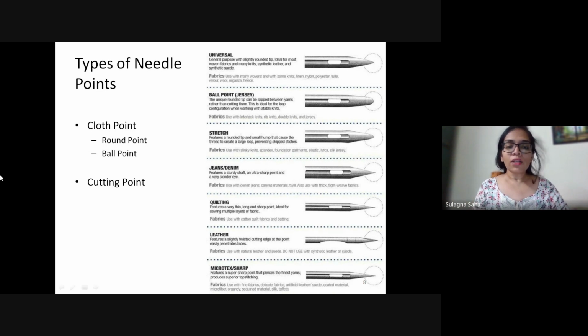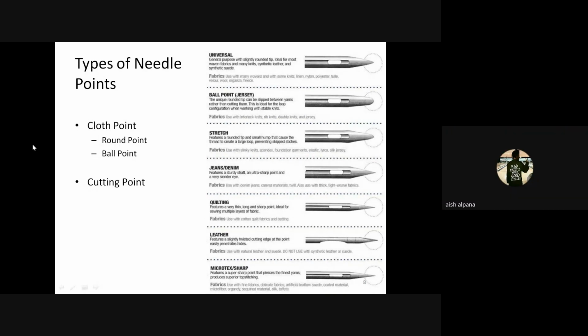For quilting, everybody knows what quilting is. Does anyone know the term quilting? Have you seen those? Okay, does anyone know kantha? Or those razai that our grandmothers would make using old clothes, layering old clothes and stitching so that everything stays in place.